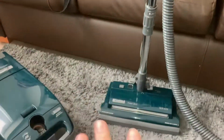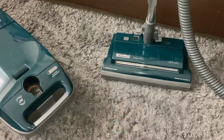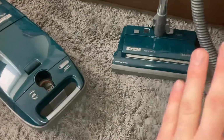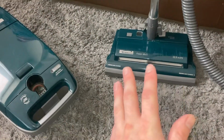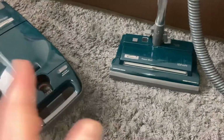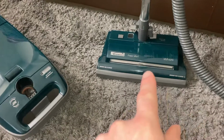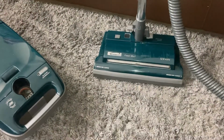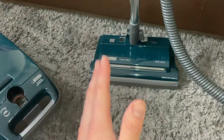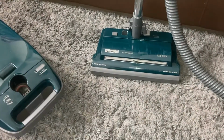They did continue to make that power nozzle for Kenmore canisters for about another 10 years after this machine was discontinued. And then as of right now, they're not making this power nozzle for Kenmore canisters, although the Titan machines, which is basically the evolution of Kenmore's is at now, they have gone back to this basic style of power nozzle because the wheel design on the metal axle is so much better on this machine, in particular compared to some of the earlier model